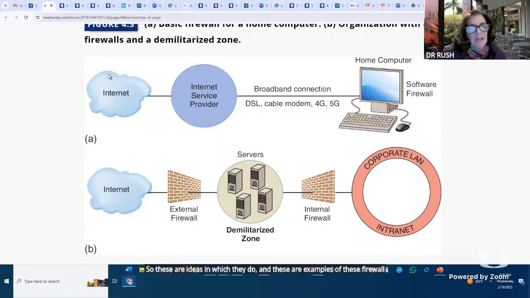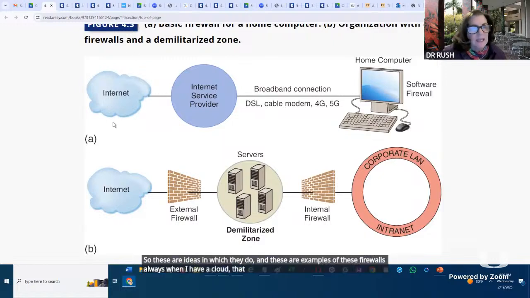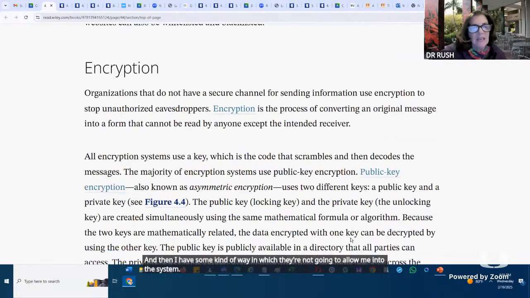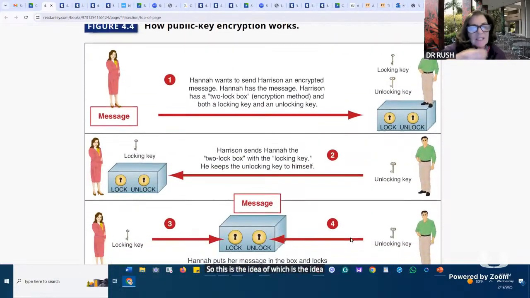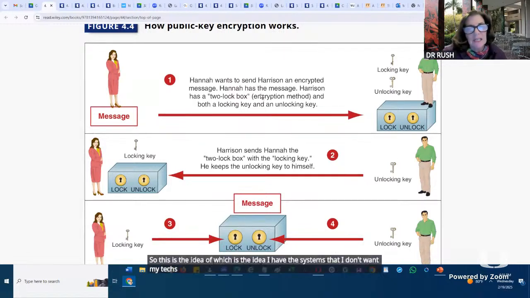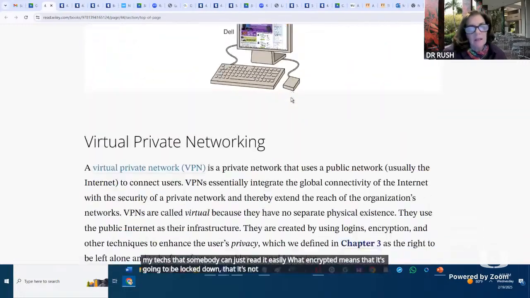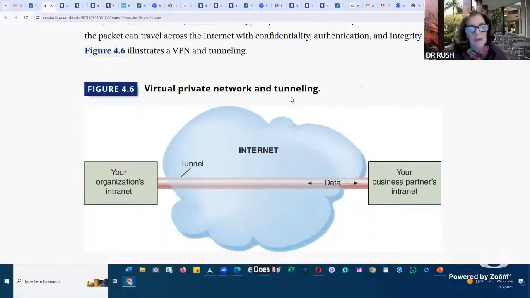Whenever I have a cloud, that means a browser, that means the internet, right? And then I have some kind of way in which they're not going to allow me into the system. I don't want my text to be something somebody can just read easily. Encrypted means it's locked down, that it's not going to be easily read. Does it mean that no one could read it? Of course not.